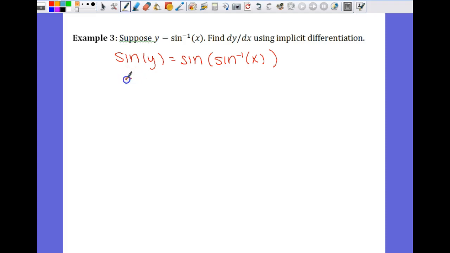So this becomes the sine of y equals x. Now you guys can take the derivative of that. What's the derivative of sine? What is the derivative of y when we have implicit now? So you're going to take the derivative of y, so you need dy dx. So it's 1 over. Because we took the derivative of a y, we need dy dx. The derivative of x is